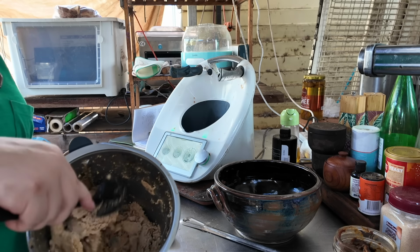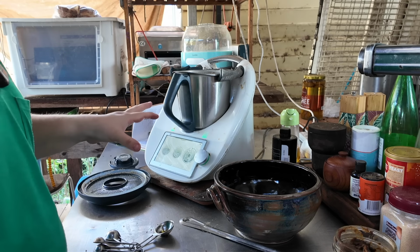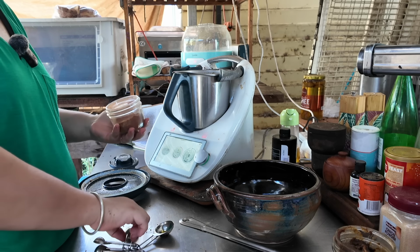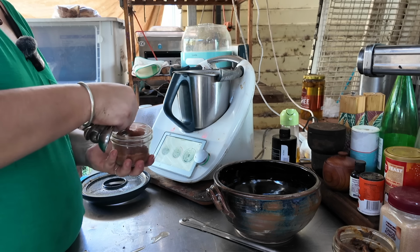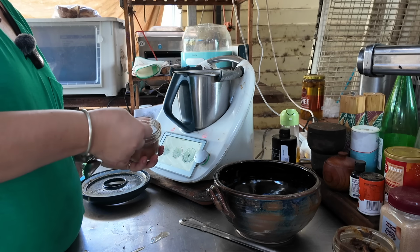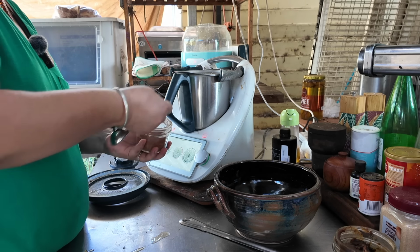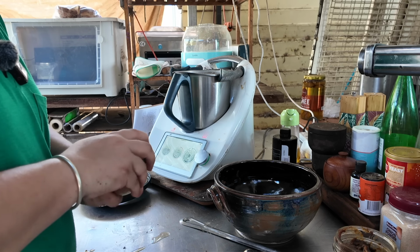So what I'm going to do next is I'm going to start adding the flavors and stuff that I'm going to use to make it what it is, so that we can then add some more bulk to it to make it easier to blend. So I've got the spice blend here, and I'm probably just going to use 2 teaspoons of this. 1, 2. And then I'm going to grab